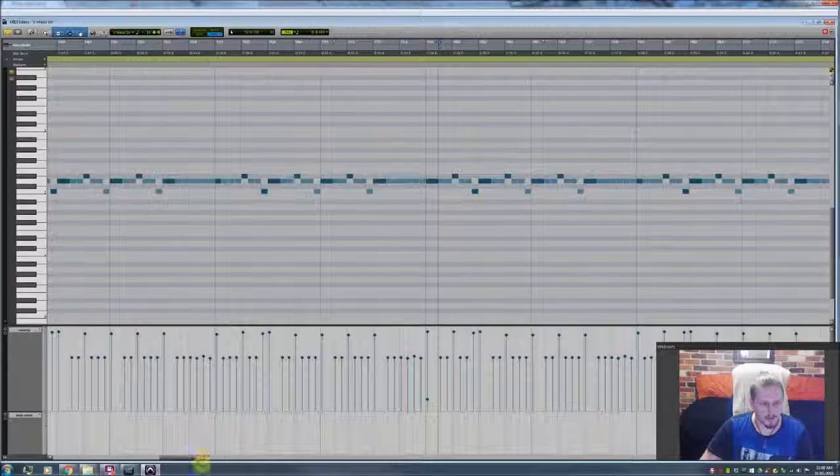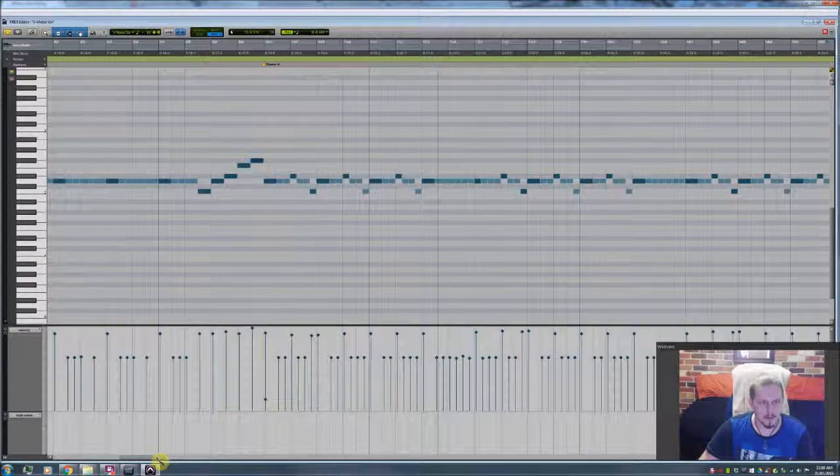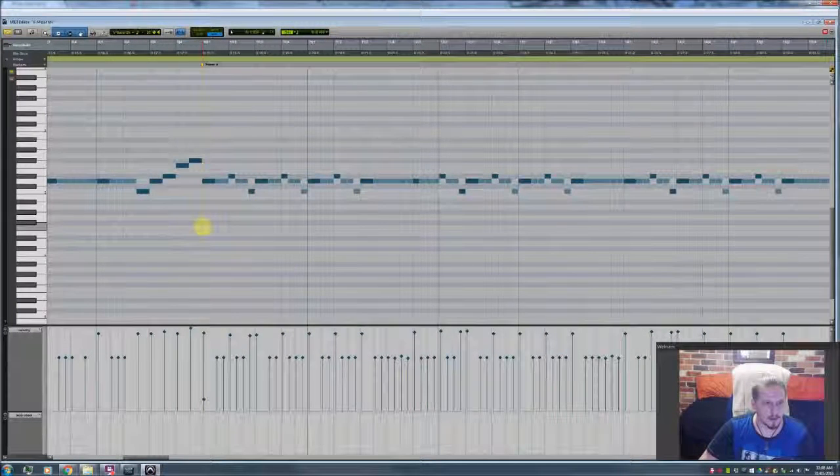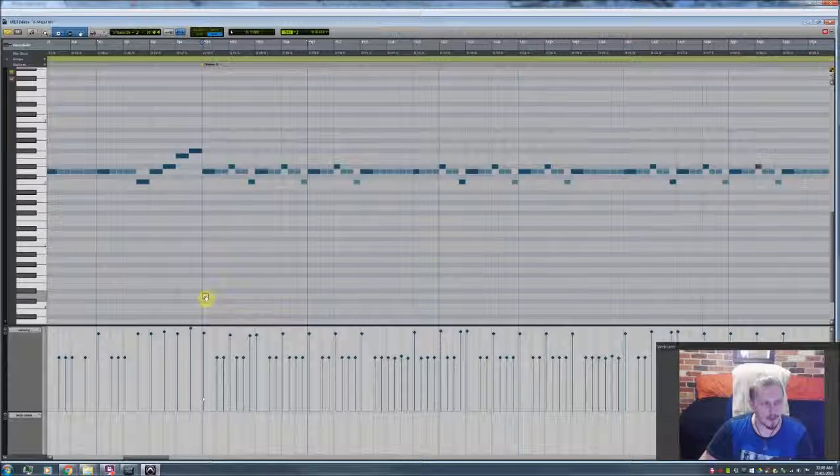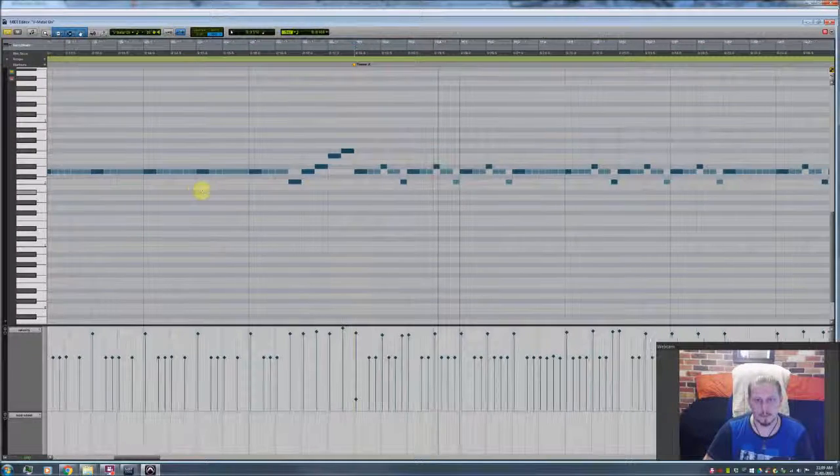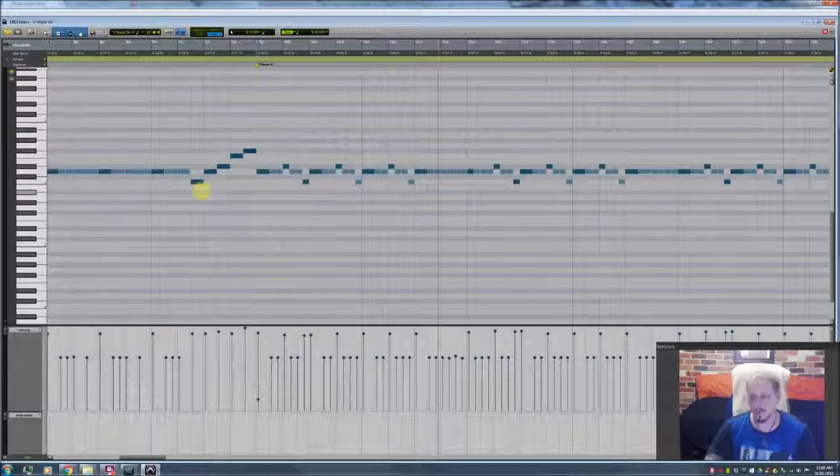So here you can see where I'm using the key switches down here, and that just is a single note being played, and at these velocities here, the big velocities are open strings, and these ones here are muted notes. So putting it all together, you get that nice riff.